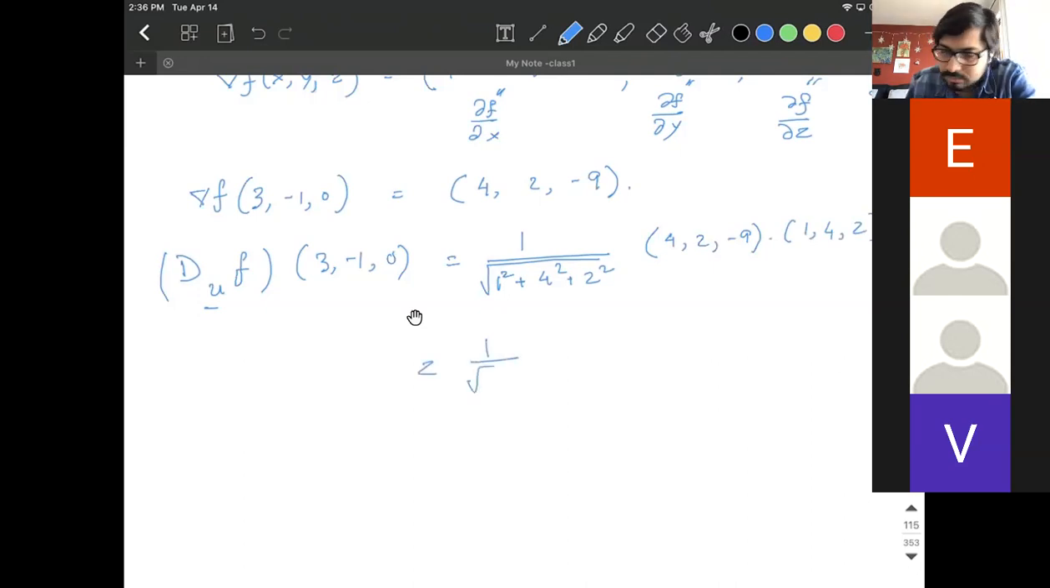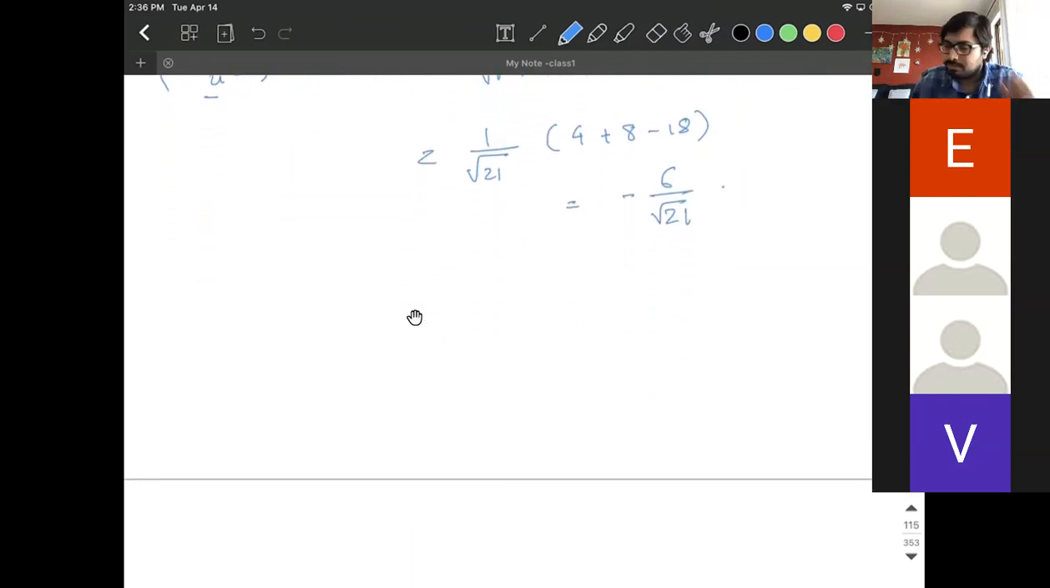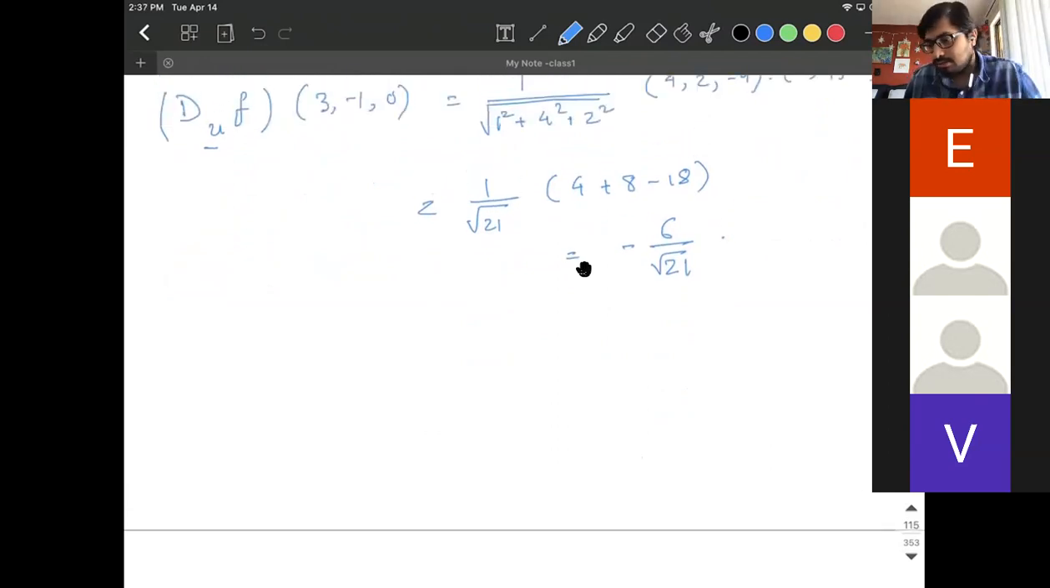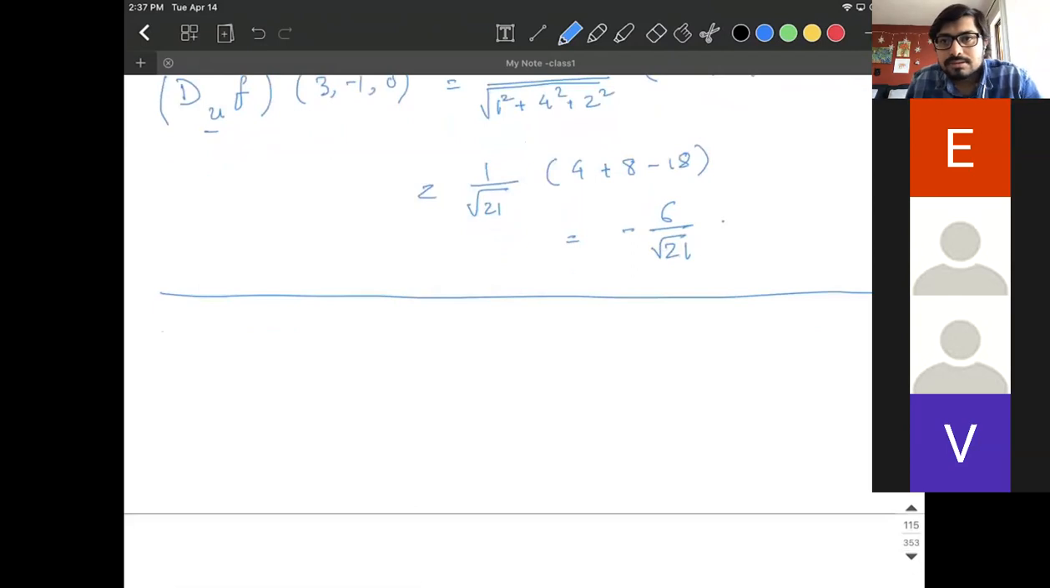So this is 1 over root 21, times whatever it gives you, 4 plus 8 minus 18. So this is minus 6 over root 21. So just an easy example of computing the directional derivative. Okay. So the rate of change of the scalar field in the direction of u is negative, and the value is given by 6 over root 21. Okay, but the main focus today,